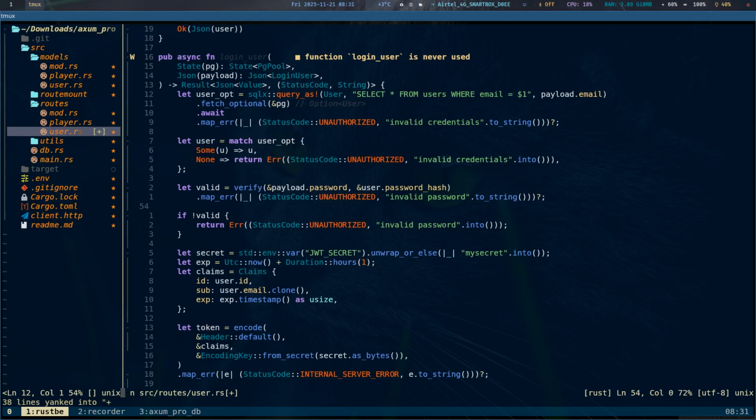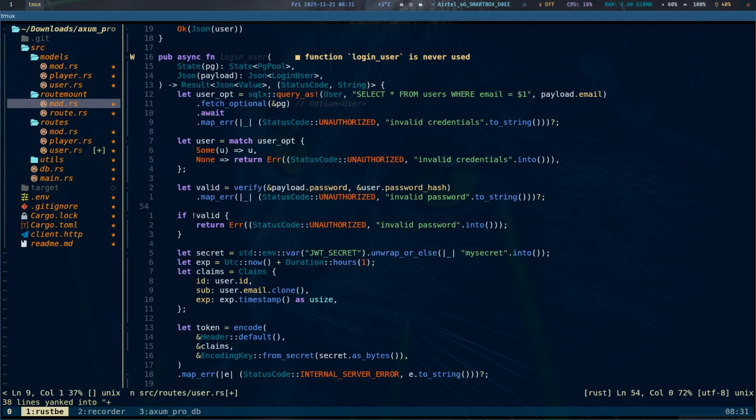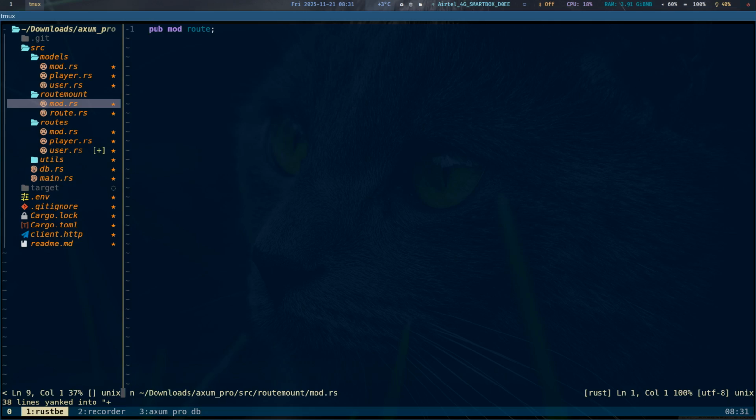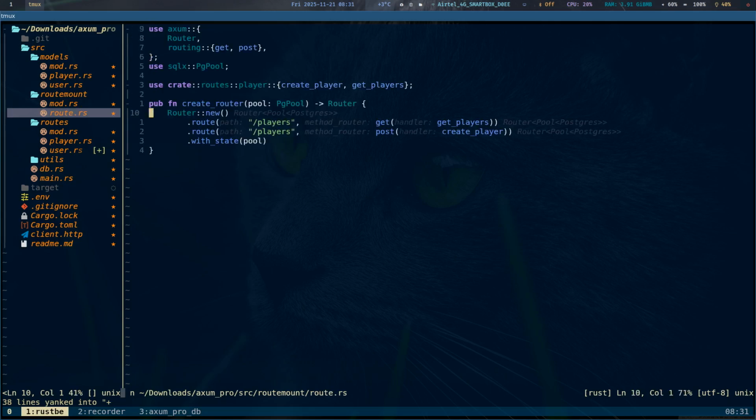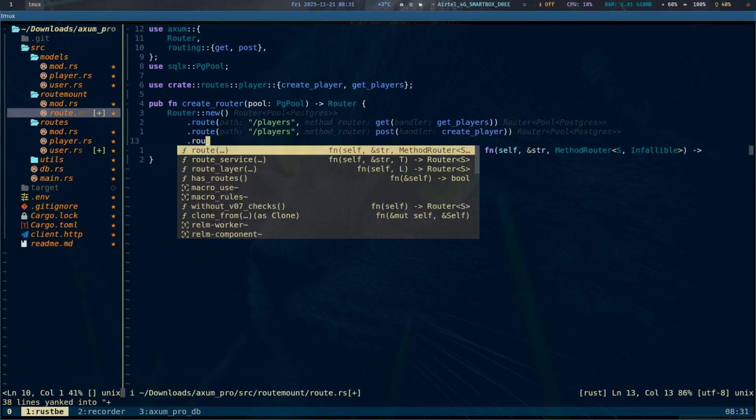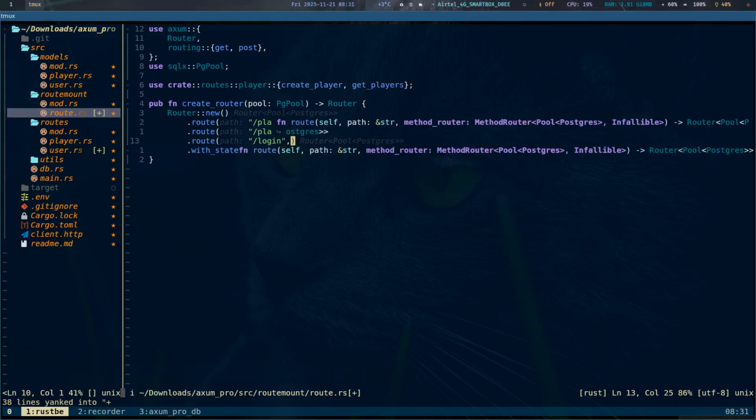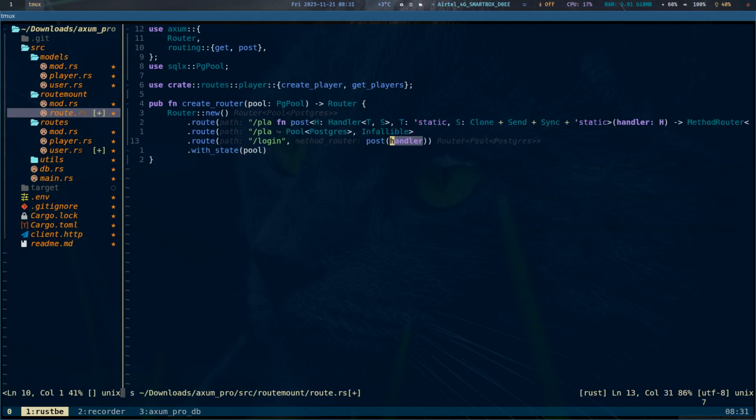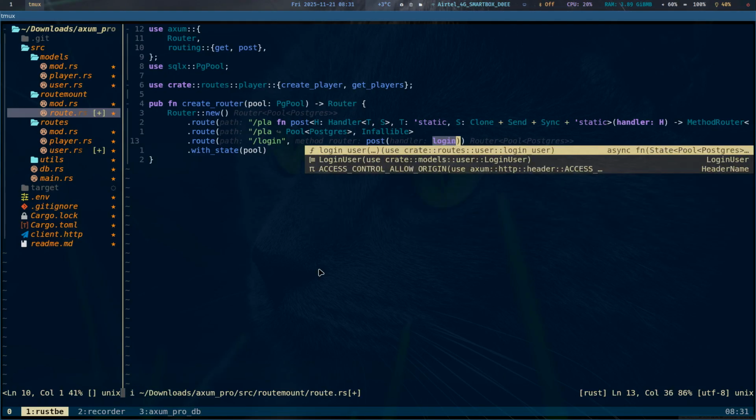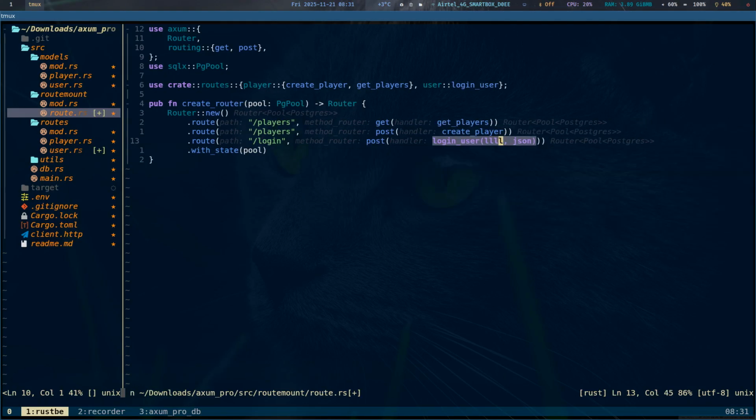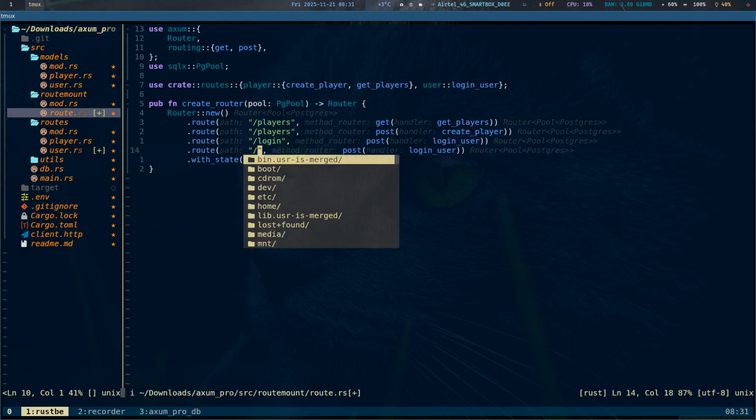So let's mount this login user. I'll come to my route mount here, and come here, do route, then call this login, and for the login we call the post, and we call the login user, like so. We don't need the state, and copy this and paste. This will be register,